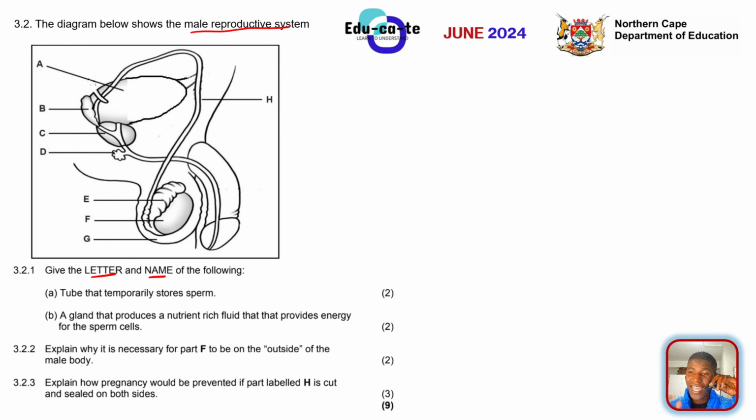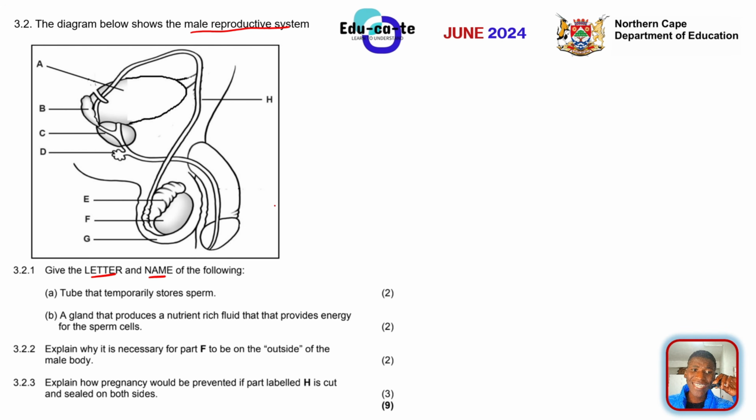When it comes to answering the questions, you need to be very careful. We might get all jokey and all funny and whatnot, but here, you need to be careful. When they say give the letter and the name, you need to give the letter and the name. Do not just give the name or just the letter only. You will probably lose marks and tell yourself that you have made it in the exam whereas you didn't.